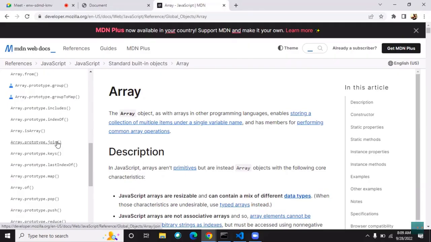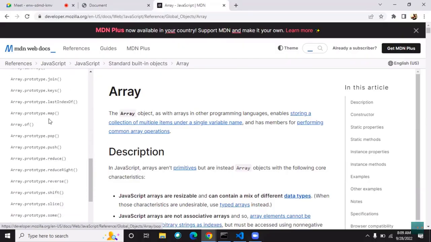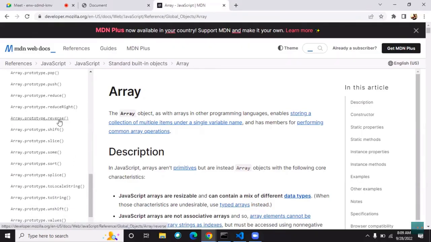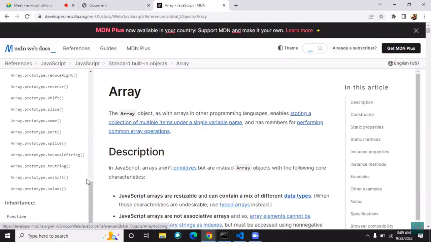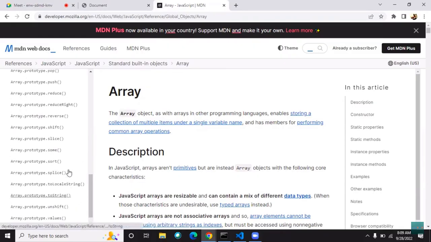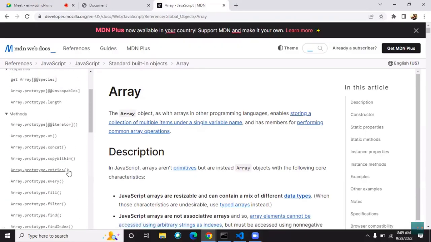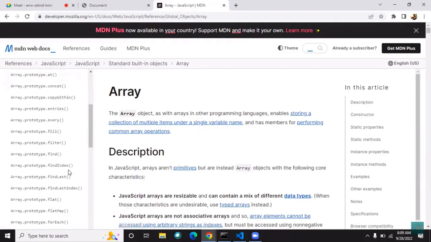Next, keys, don't go for this. lastIndexOf, you can check this one. map, don't go for it. push, pop, reduce, don't go for reduce, these keys. Reverse, yeah. Join, reverse. Make a note of these things. Some, sort, don't go for these things. splice, toString and shift, values. So join and reverse, I'll come back to these things. Apart from these,